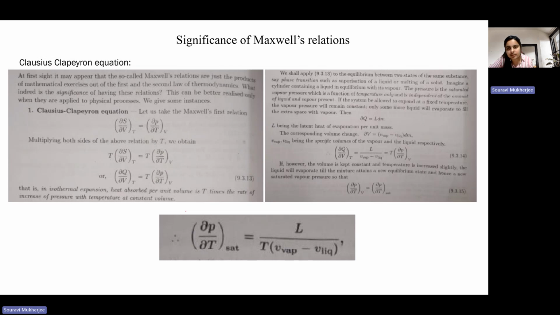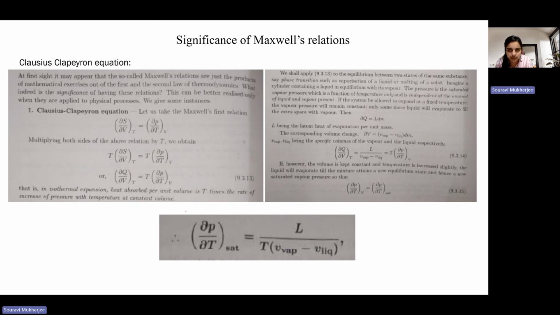Now, because we were discussing Maxwell's relations, what is the significance of Maxwell's relations, or what does it do in a very physical problem? What does it stress? So what is the significance? We see that it can actually describe or explain different physical phenomena. So take an example of a basic phase transition problem, where suppose there's some vaporization of a liquid, or melting of a solid, things like that. So all this process,